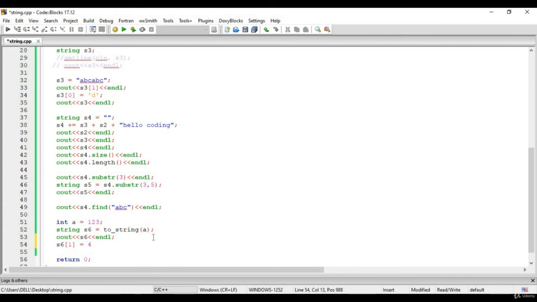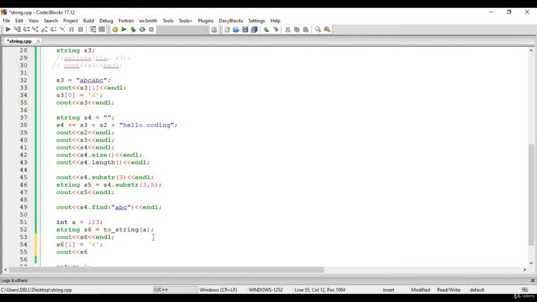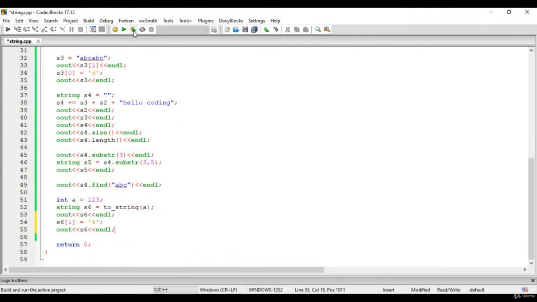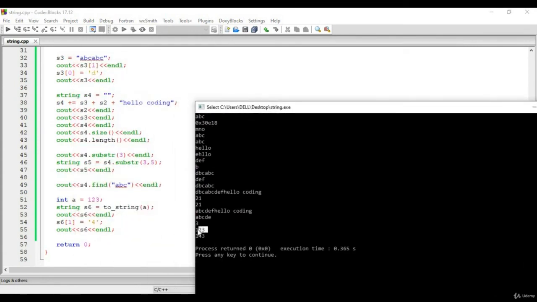Because it is a string, you have to give character 4, not integer 4. Now let us also print S6 again. 123 was my original string. Now I changed 2 into 4.